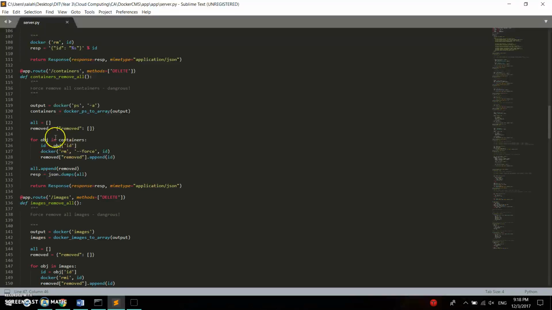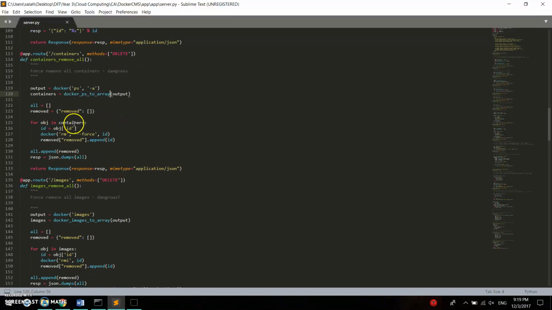The way I did this is to go through and get all the containers by getting docker ps all of them, so you get all of them. And then so I have a list. This turns that into an array of all the containers, and this is just to be able to return it as a